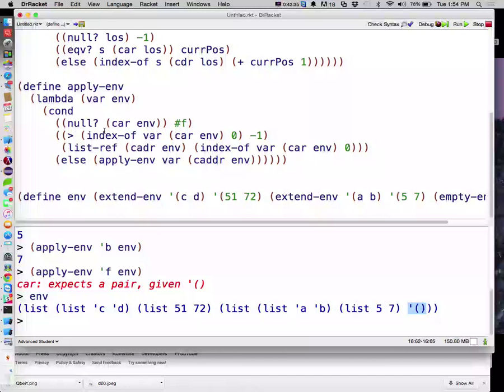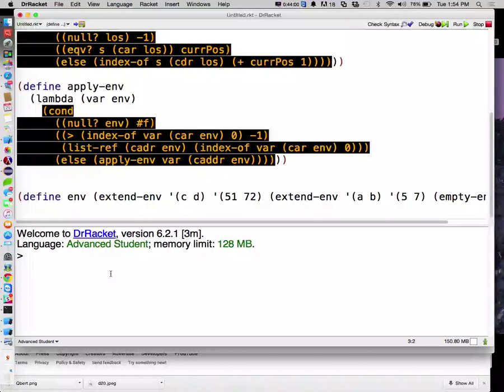So I don't want to say the car of env. I just want to say, is the env false? Or is the env empty? Okay. What I got returned by the car of the cdr was that last environment, not a list containing the empty list, which is what you were trying to avoid, or what you thought we maybe were going down that path, right? All right, so now I should be able to search for an F in here,